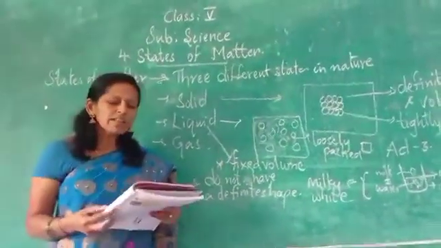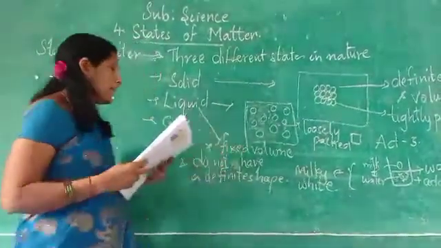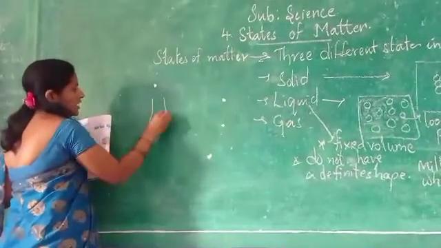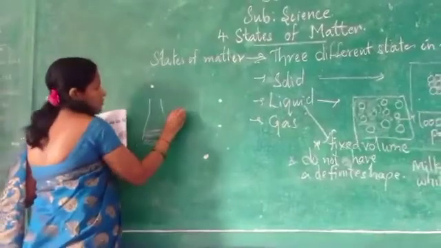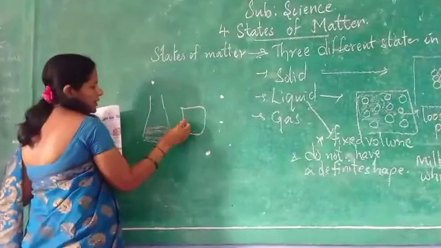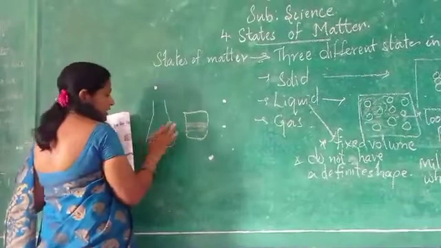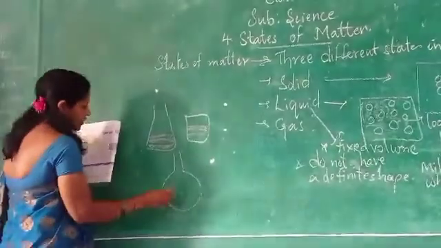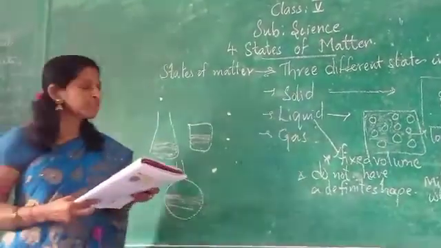So here one glass is there. Liquids take the shape of the container. Say I have taken a glass of milk, beta, and I have poured it in this. It will take the shape of this only. Next, I pour the water in this, and it takes the shape of this only. Same water won't take another shape. I will pour the water in this also. It has taken the shape of the container only. Next we'll go for the gases.